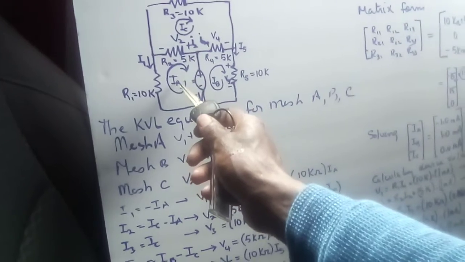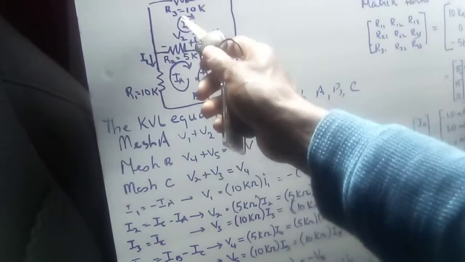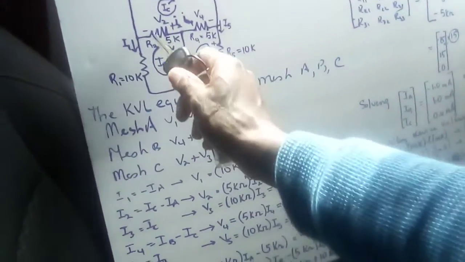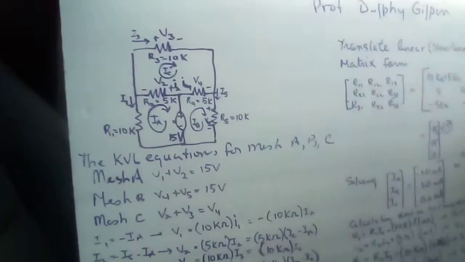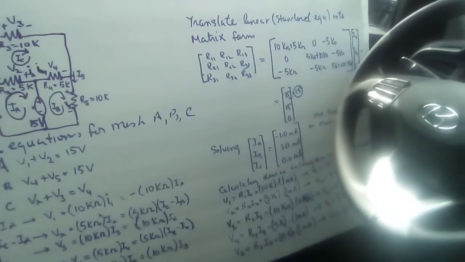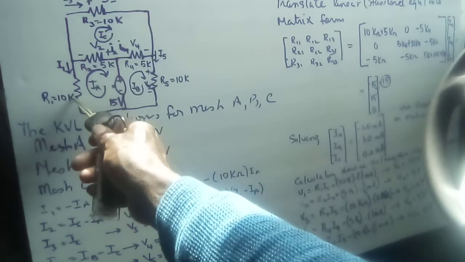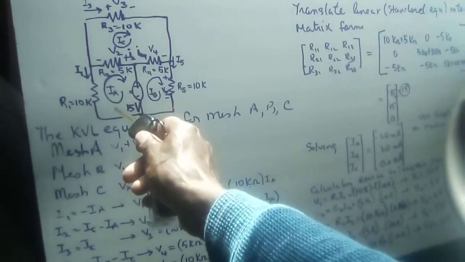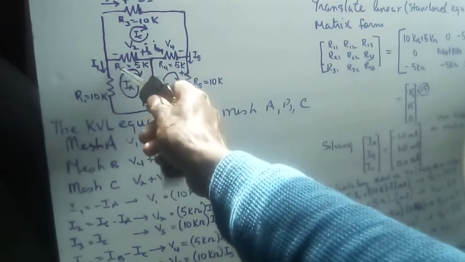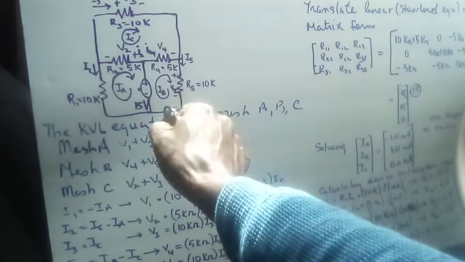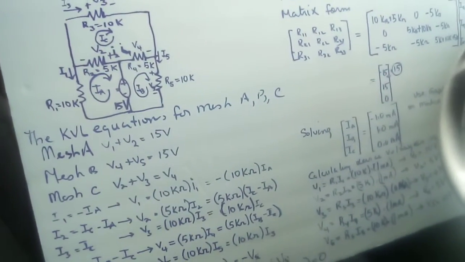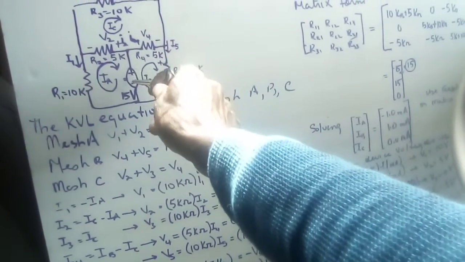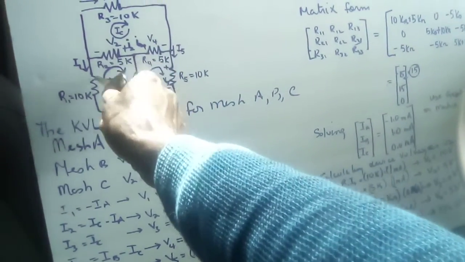and we have mesh A, mesh B, and mesh C with loop currents IA, IB, and IC. We could also say mesh 1, mesh 2, and mesh 3. So we have R1 equal to 10 kilo ohms. We have loop IA current going in the anti-clockwise direction here, and it's IA unknown. We have this source voltage here, 15 volts. And we have here 5